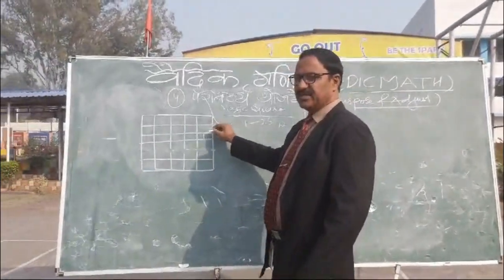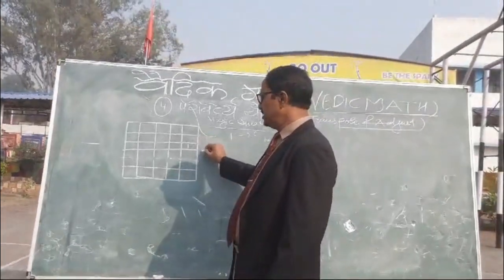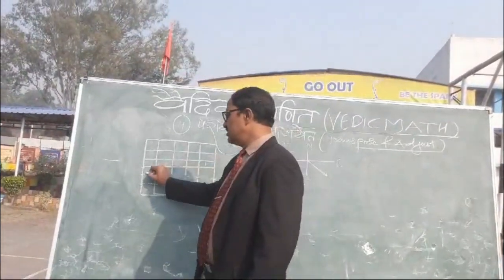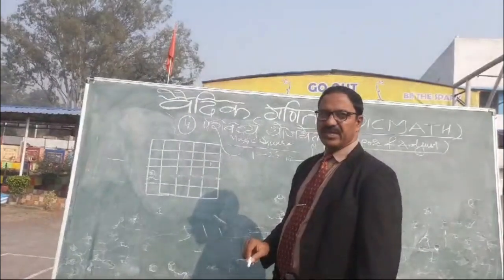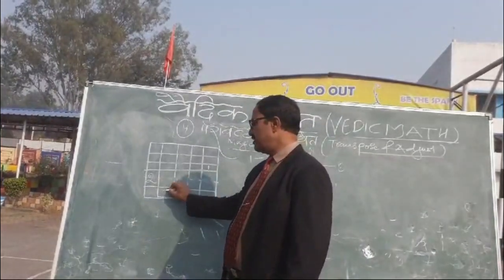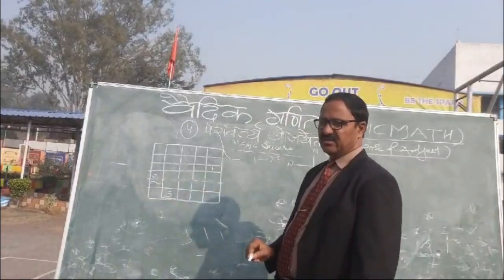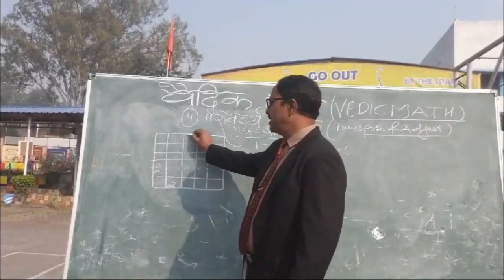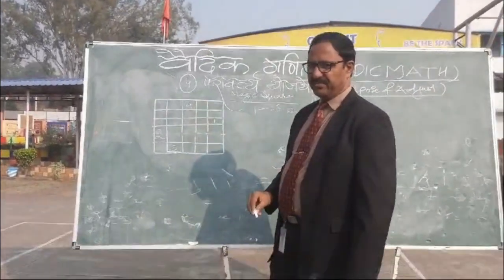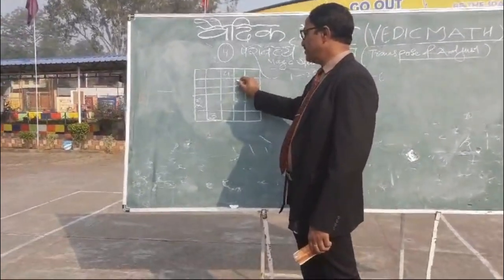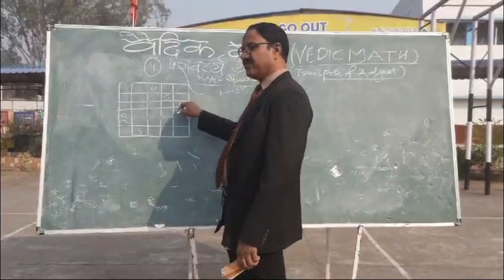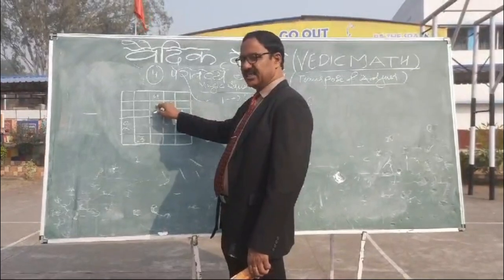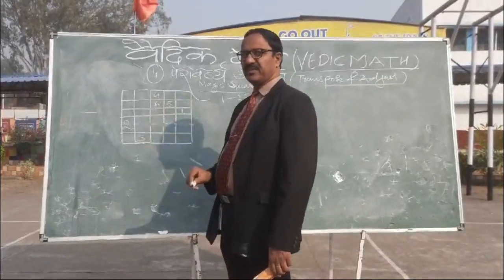After 1, where do you have to move? This position has no vacant place, so where do you go? Left corner. This is 2. After this position, you move here, 3. After this, you have to move in this way, but there is no vacant place, so you shift here, 4. After this, 5. After 5, this place is already occupied, so you have to sit in the adjacent position. So this is 6.